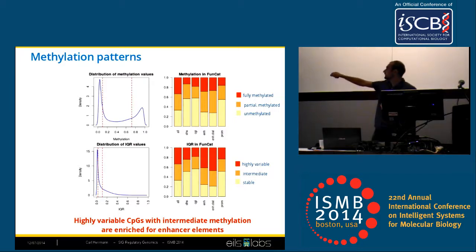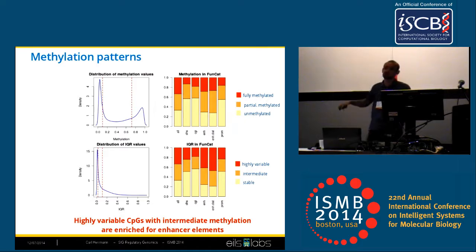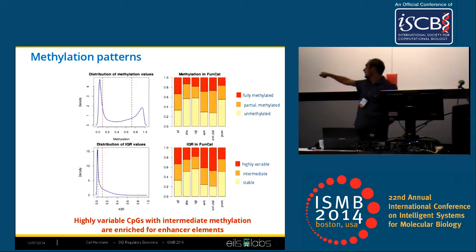So if we look at the methylation patterns across all CpG sites, we have this well-known bimodal distribution of unmethylated CpG and highly methylated CpG. And if we divide these CpGs into three categories, the unmethylated, partially methylated, or fully methylated, we see that if we focus on enhancer regions or distal enhancer regions, this intermediate category is very much enriched with respect to the whole genome distribution. And if we look at the variability of these methylations across our 105 patients, we can again